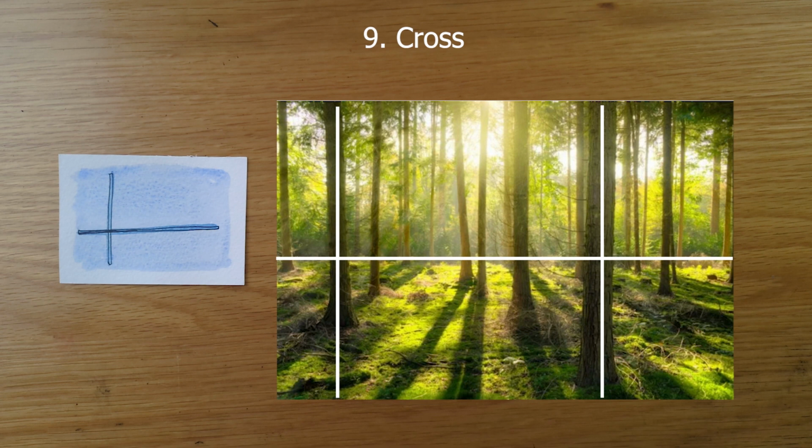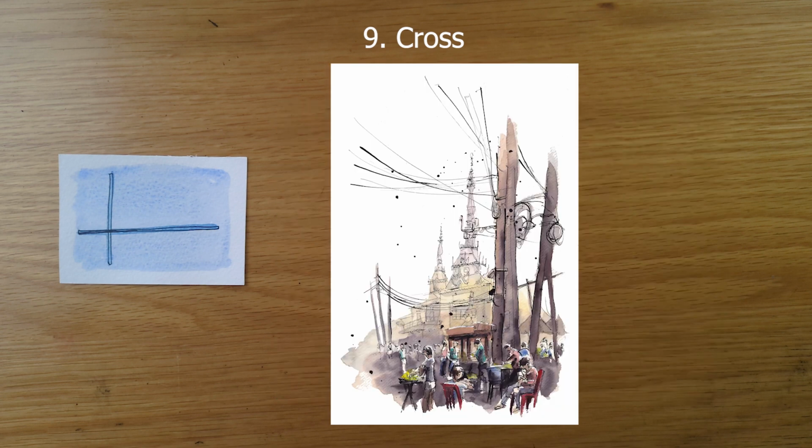Here's an example I did. This is of a street scene in Myanmar, but you can see I've used this cross formation with the posts going vertically, and they contrast with the electrical wires going off. You could also argue that this is a radiating line formation as well, because the wires are going in towards a point. But essentially this is just about getting those different lines to intersect and to complement each other.